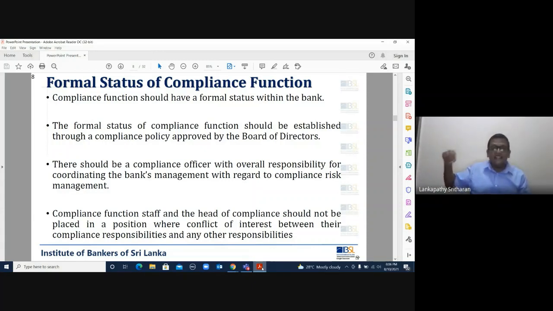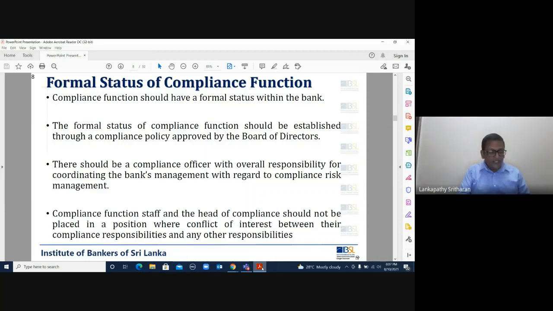Under the compliance culture, the formal status of the compliance function should be established through the compliance policy, because in any bank or finance institution, persons may change from time to time, but there should be written policies, which will help to continue those functions. That is the first thing. So for the compliance function, the board of directors has to